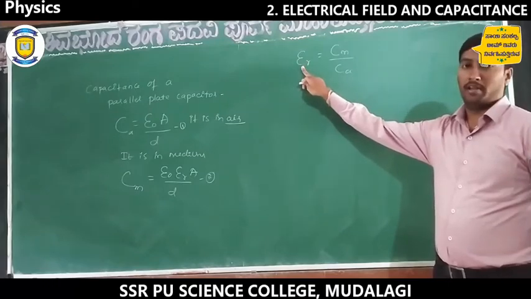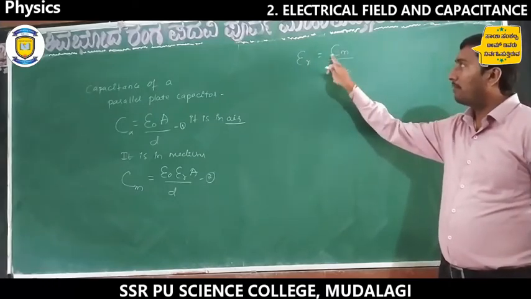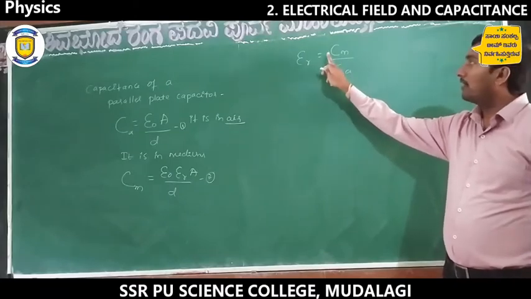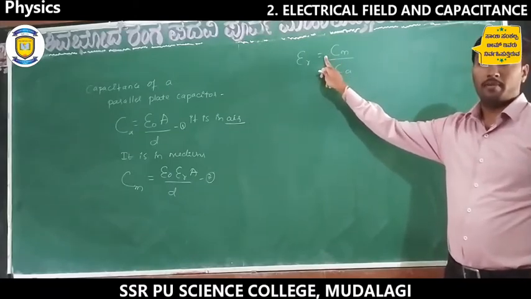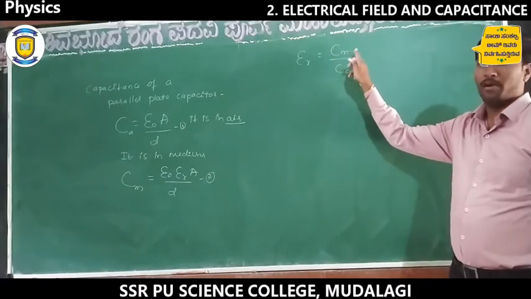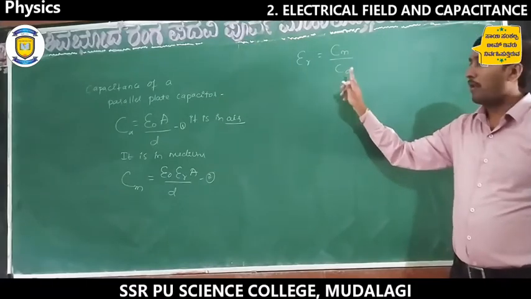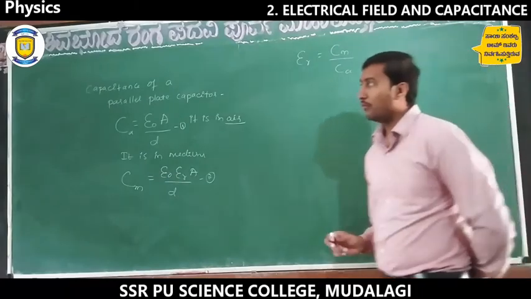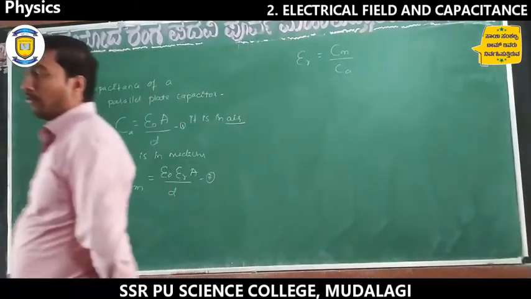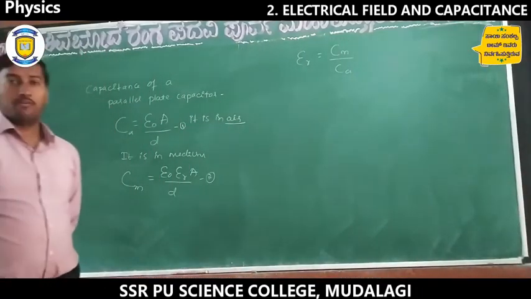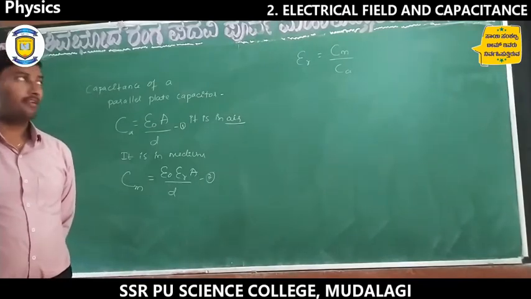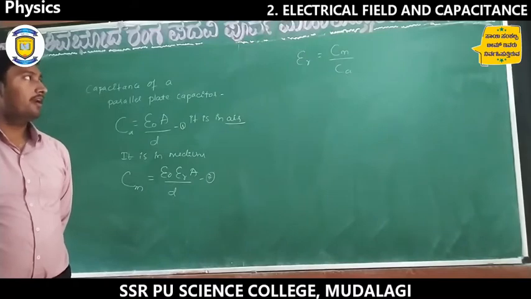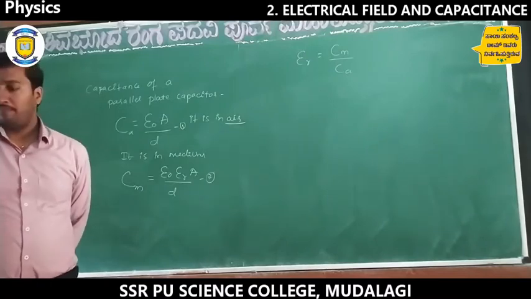Relative permittivity in terms of capacitance is defined as the capacitance of a parallel plate capacitor in medium to the capacitance of a parallel plate capacitor in air medium. So this is an important one mark question: write the relation between relative permittivity and absolute permittivity in terms of capacitance. Okay. Next,